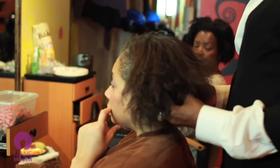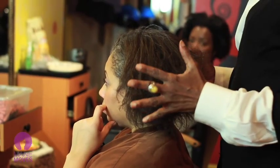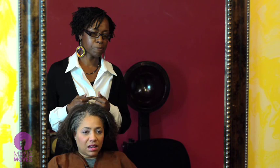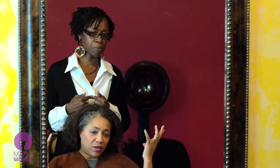Okay, all right. Suppose you don't have a curl pattern because your hair has a lot of gray in it, and gray usually doesn't have a lot of cylinder shape. It's usually more wiry. So I don't want you to get confused about your hair texture so much, but I want you to give me an idea of the finished product. What do you want your hair to look like? I envision myself voluminous coils. Mm-hmm. So we would have to probably add some texture to your hair in order for that to happen,